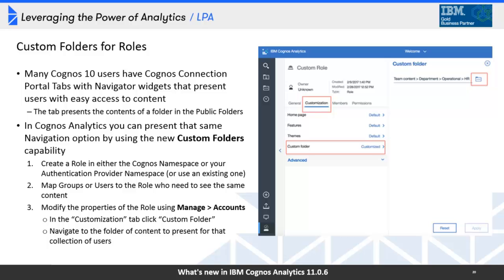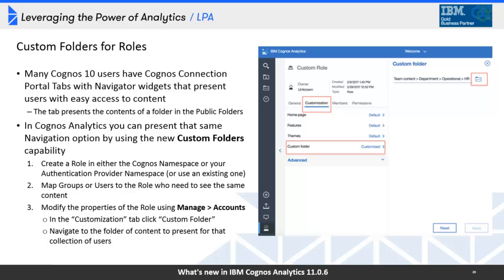Now, when I say by role, I actually mean the security object role that we're used to in the Cognos namespace. So if you use the Manage button on the bottom left, that's this bottom button here if you're an administrator, Manage Accounts will allow you to go in and examine roles and groups and manage membership and so on. But with roles, they'll also let you manage customizations. So here in my screenshot, I've selected a custom role